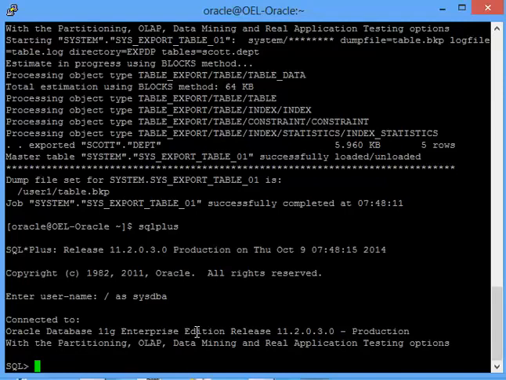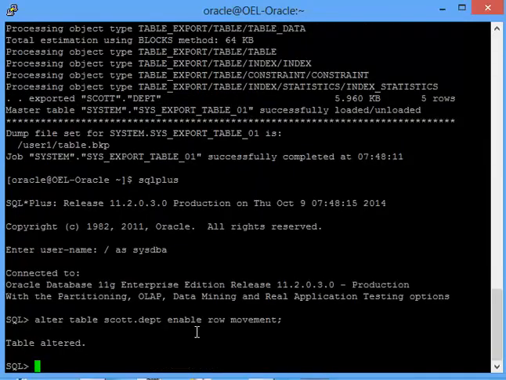Now I'll be doing a flashback of this table. Before you do the flashback, the first thing you have to do is enable row movement on the table. Alter table Scott.department enable row movement. So once I do this, I'll be able to flashback the table. Now flashback table Scott.department